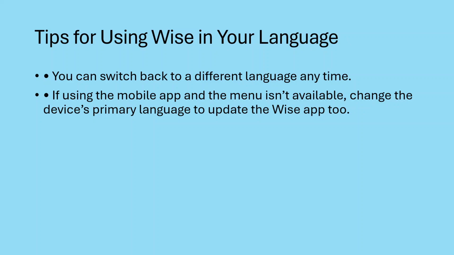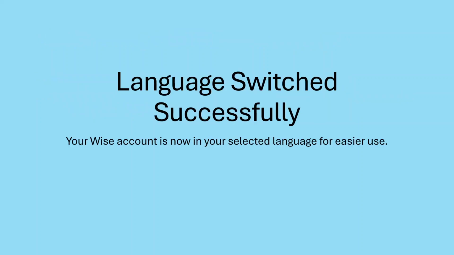Now I have some tips for you. You can switch back to a different language at any time you want. And if you're using the mobile app and the menu isn't available, change the device's primary language to update the Wise app too. And that's how you switch your